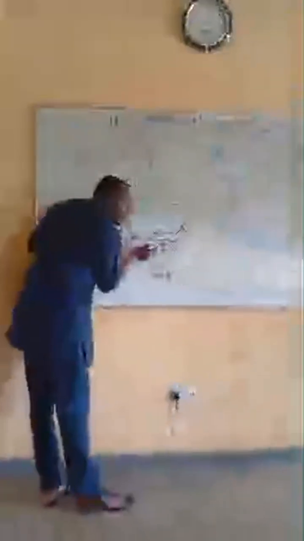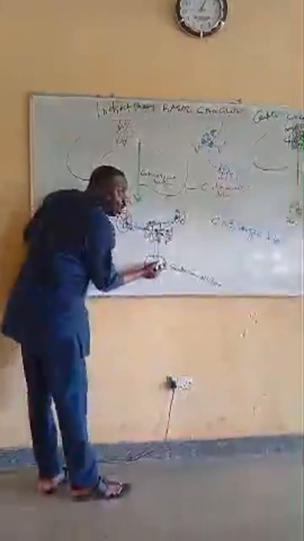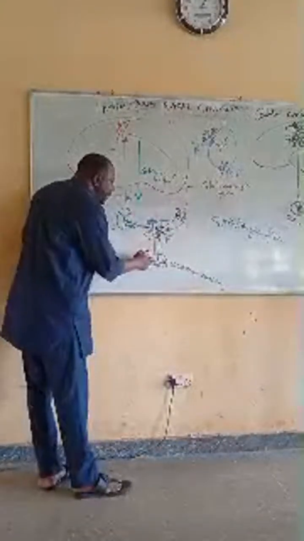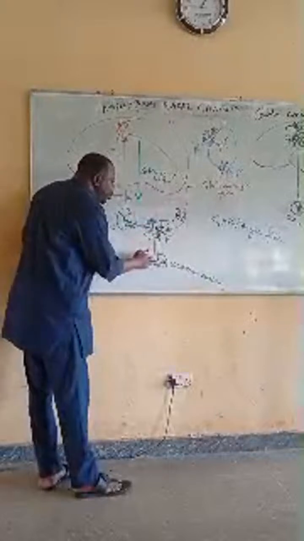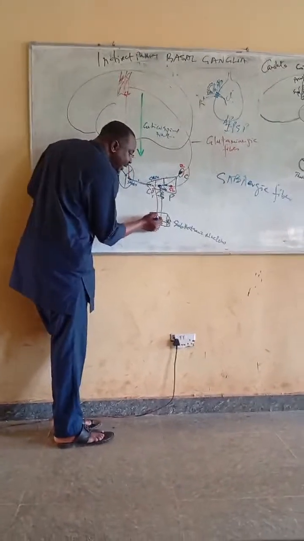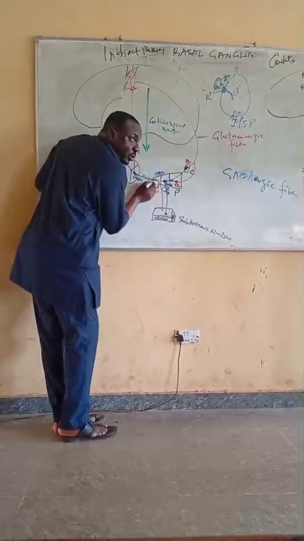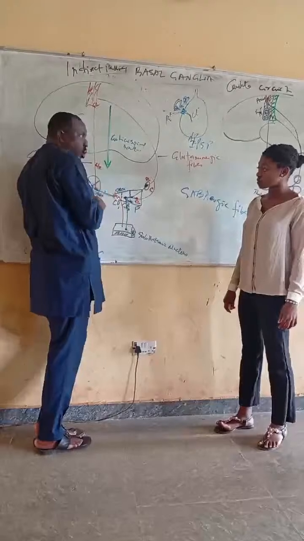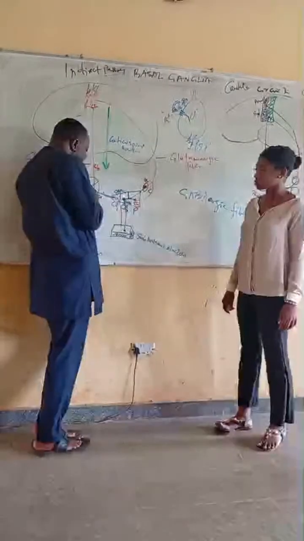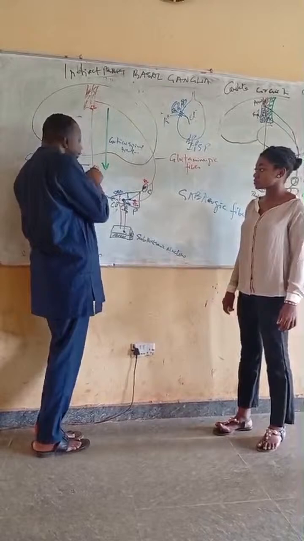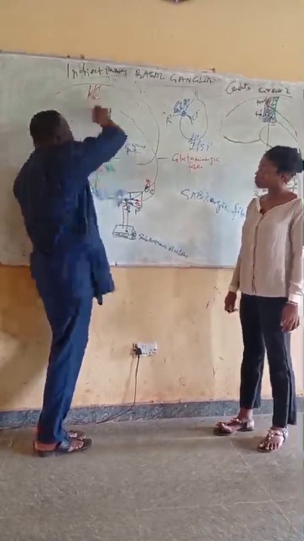Now when this is inhibited, are you there? It will produce little or no GABA. Are you there? The subthalamic nuclei is always exciting the globus. So it will now release this other neuron from inhibition. When this neuron is released from inhibition, because it's a GABAergic neuron and it is excited by this one, when it is excited, it releases GABA. GABA will inhibit this other neuron. Are you there? When this neuron is inhibited, it produces